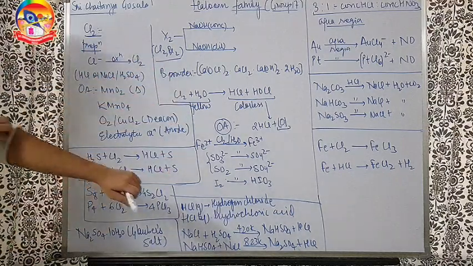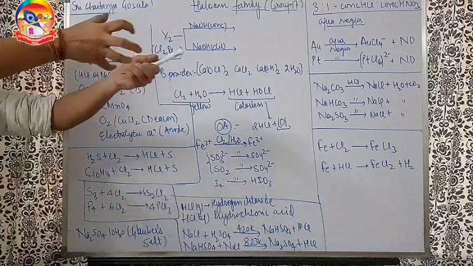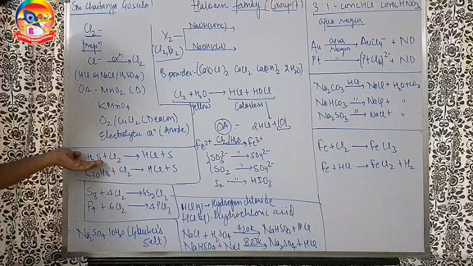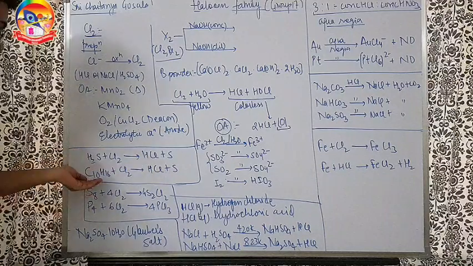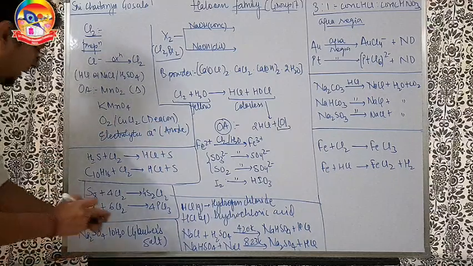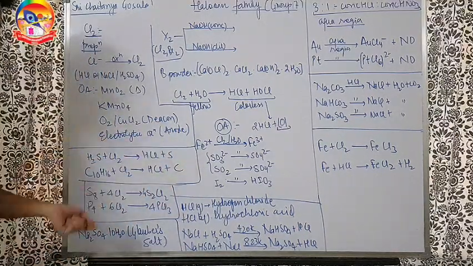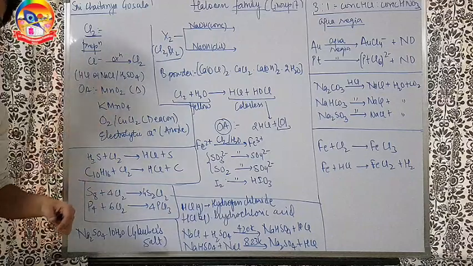Now chlorine loves hydrogen. So whenever it sees hydrogen in any other compound, it tries to take it. Like it saw hydrogen in H2S, chlorine took it away. It saw hydrogen in a hydrocarbon, then also chlorine took it away. So you can understand, sulfur comes out, carbon comes out as it is, chlorine takes all the hydrogen away.